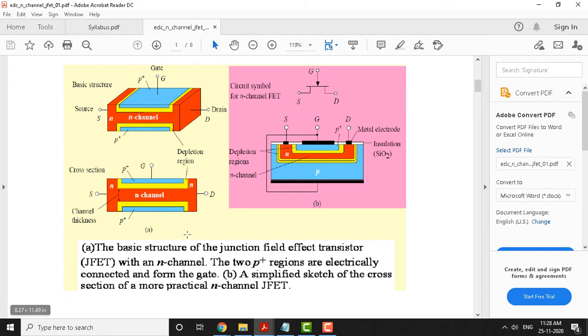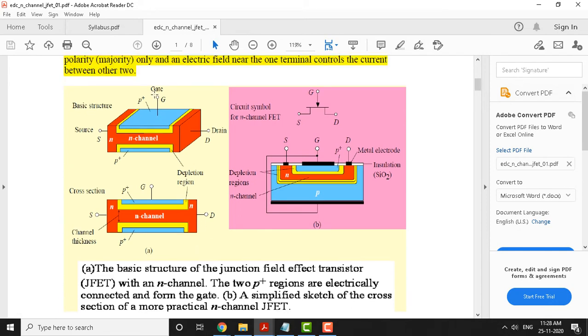What do we mean by field effect transistor? When we apply voltage between the gate and the source, we are creating an electric field within this, and that lets you control the movement of electrons within the channel by varying the voltage between the gate and source. So, that is why it is called a field effect transistor. The electric field we create influences the electron movement from the source terminal to the drain terminal.